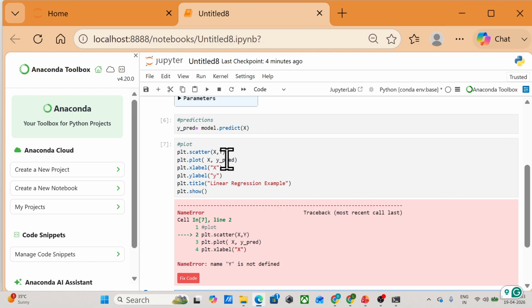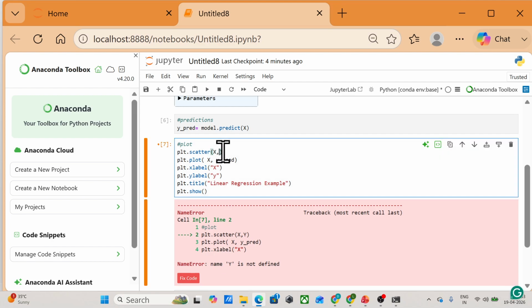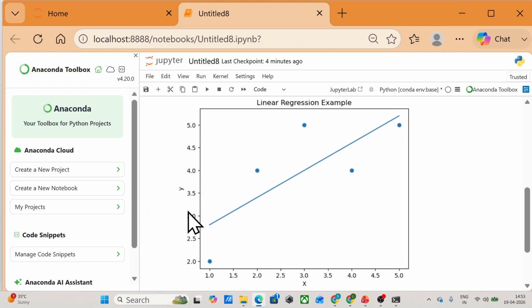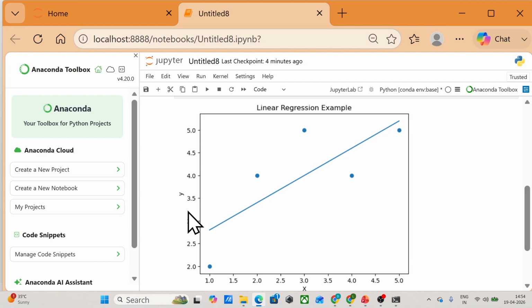Somewhere I have written capital Y, we have taken small y. So this is the plot that you can see over here. It is an example of linear regression.